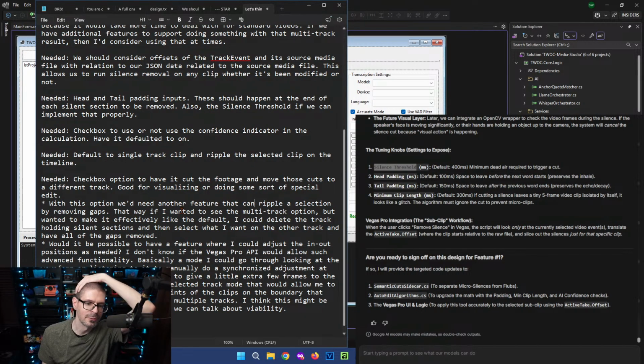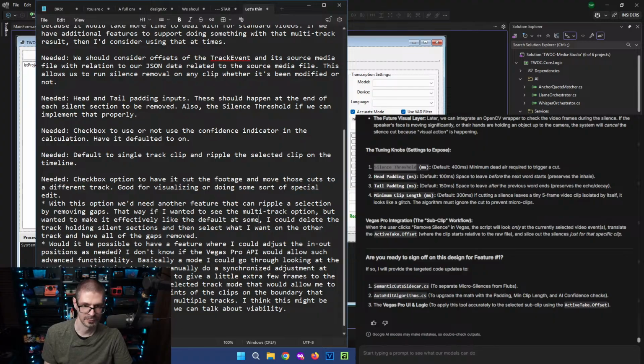That way, if I wanted to see the multi-track option, but wanted to make it effectively like the default at some point, I could delete the track holding silent.